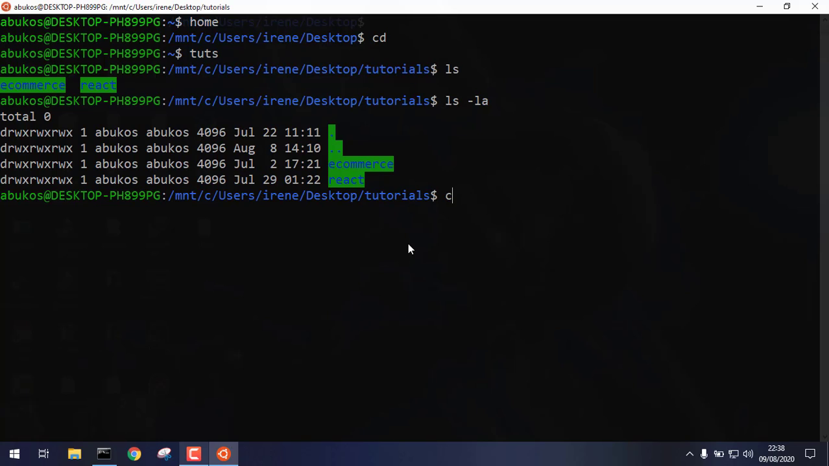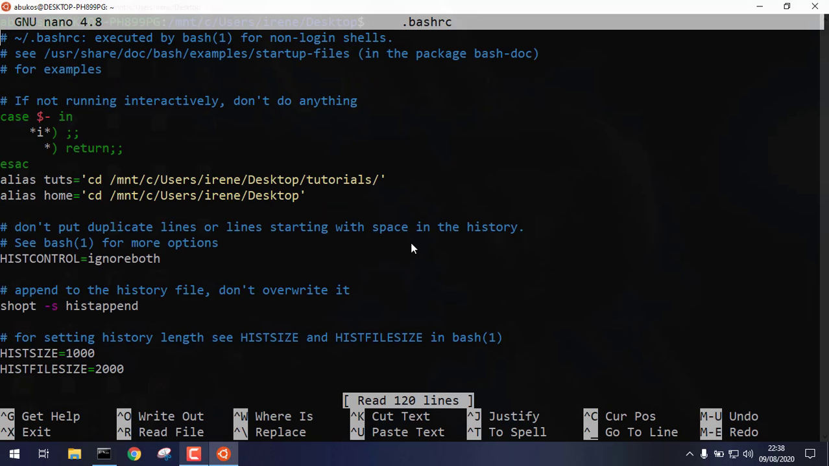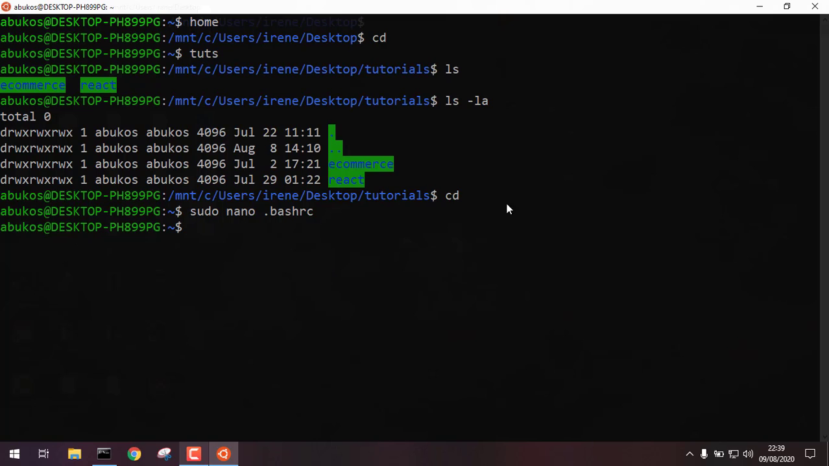So if we cd back, and let's say we sudo nano into dot bashrc like that. So the mistake I made was, I think, the trailing backslash. I didn't include the trailing backslash. So if you want to add another alias, as you can see, the process is quite simple. So if I can close that,